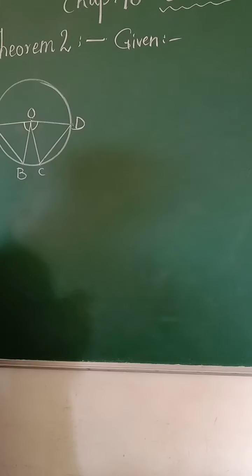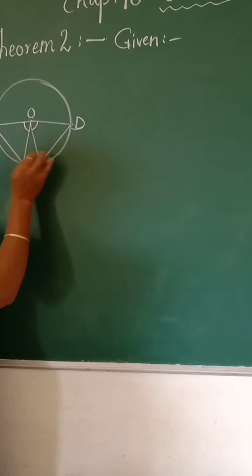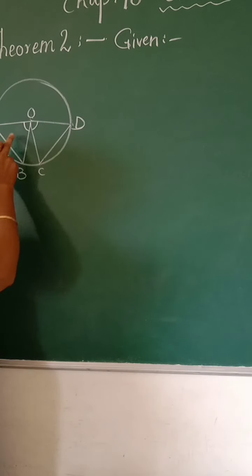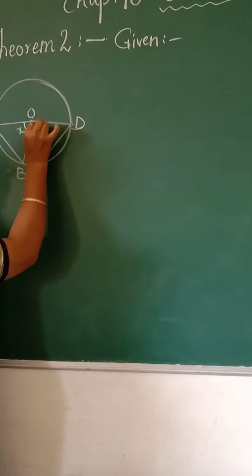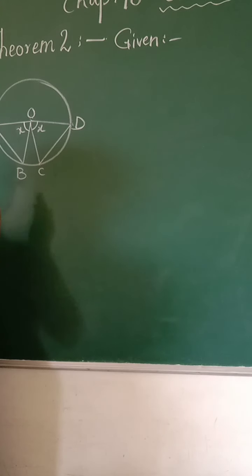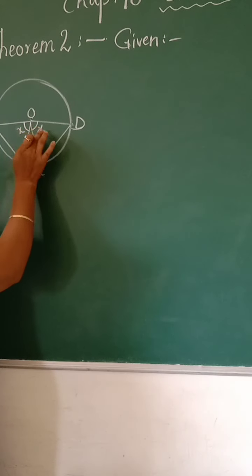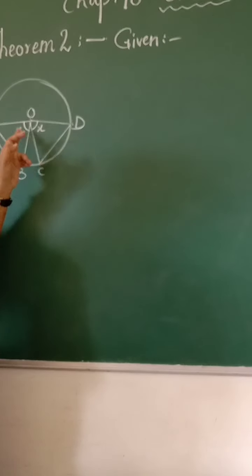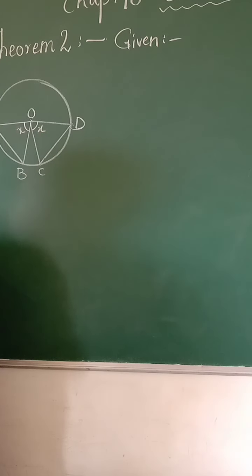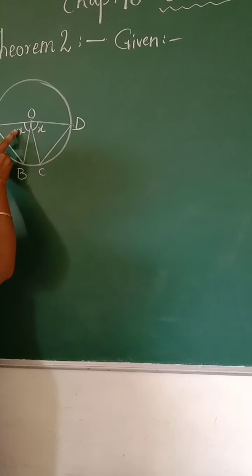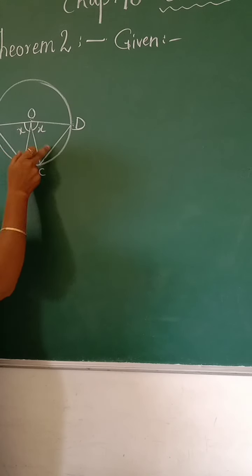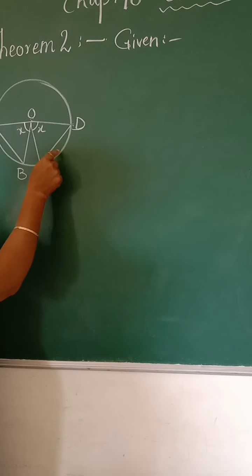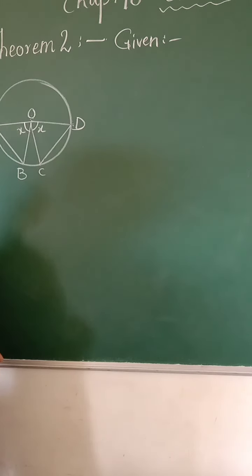Now in theorem number 2, when the angles subtended by the chords of a circle at the center are equal, that means if angles are equal, what will come in the given? The angles are equal, then the chords which subtend the angles at the center are equal. In theorem number 1, chords are equal, and we have to show angles equal at the center. In theorem number 2, angles subtended by the chords at the center are given equal, then the chords are equal. This we have to show.